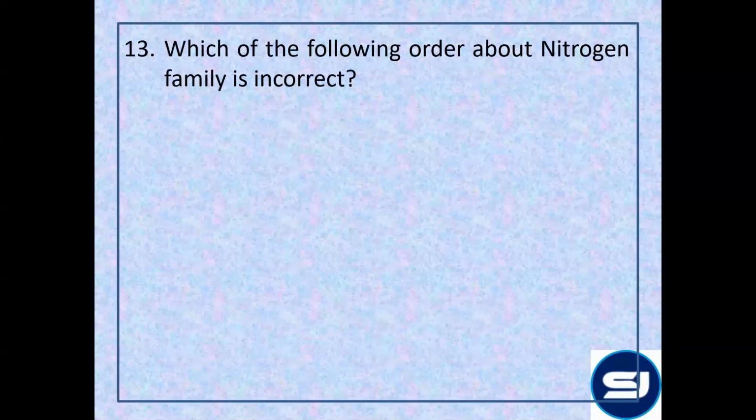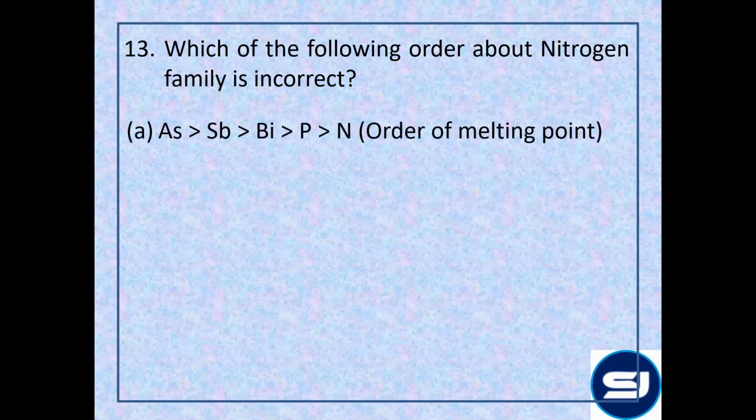My mistake, sir. Which of the following orders about the nitrogen family is incorrect? Group 15 nitrogen family का कौन सा order incorrect है? Order of melting point, is this order correct? Yes. Melting point के लिए the statement was that as we go down the group, the melting point increases up to